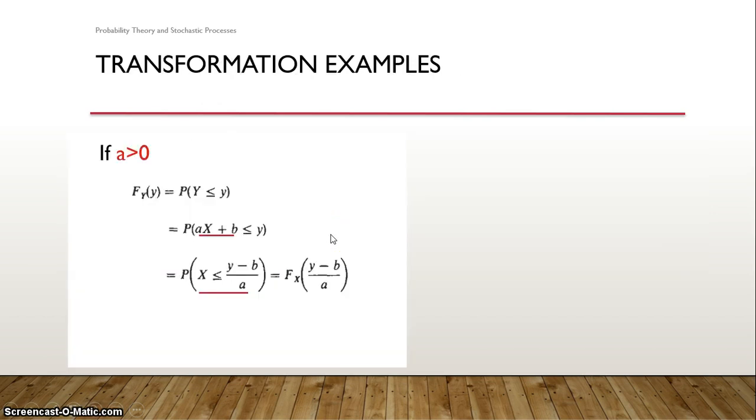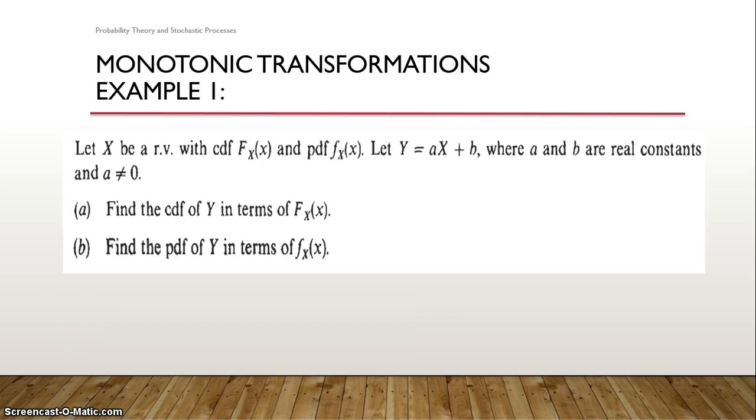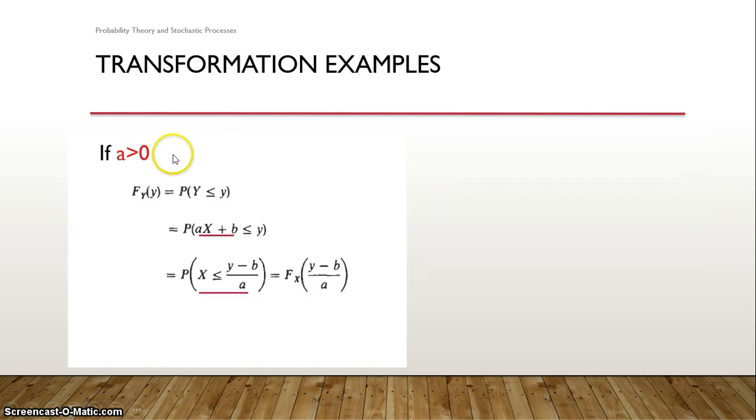In the case of Y = aX + b, depending on a, because it's the slope, if the slope is positive you have one pattern, and if the slope is negative you have a different pattern. So coming to a greater than 0, that means it is positive. In the case of positive, how will you write its distribution? There are many ways to transform from one variable to another. I use a simple terminology here.